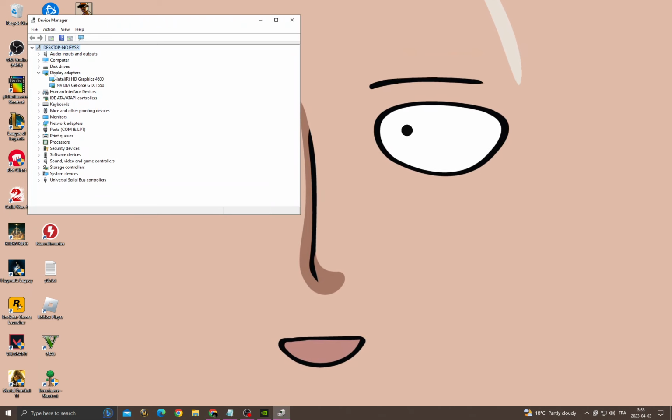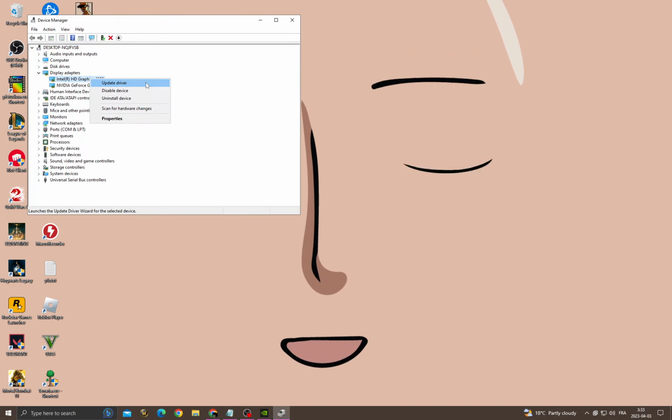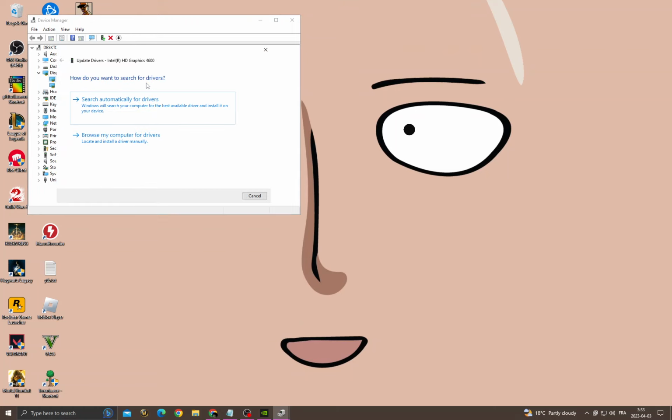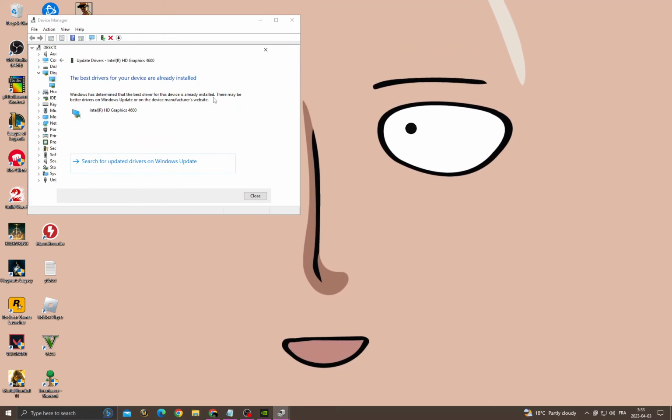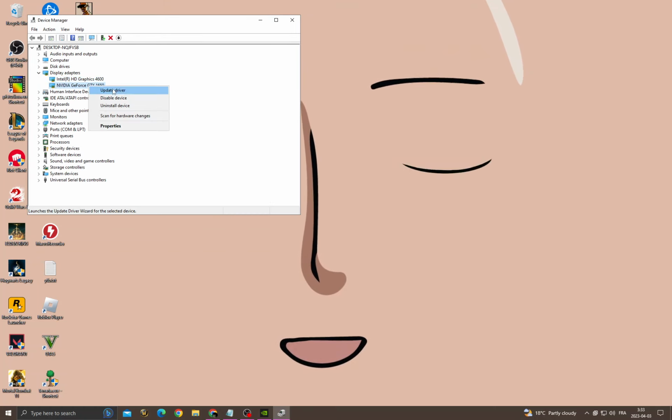go to Display Adapters, right click on the first one and then click Update Driver, and now search automatically for drivers and do the same thing to the next one,